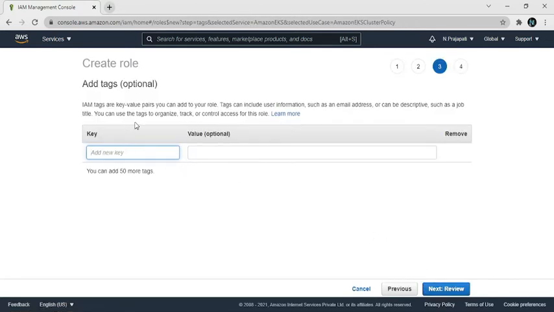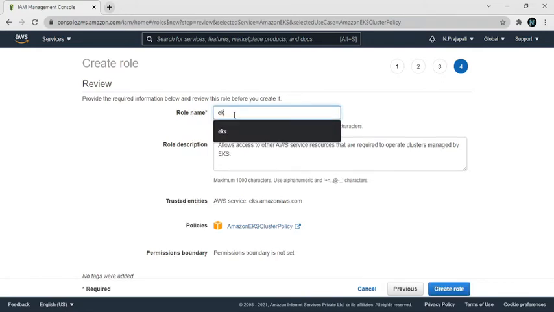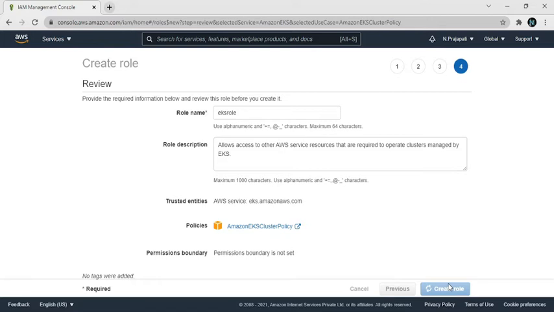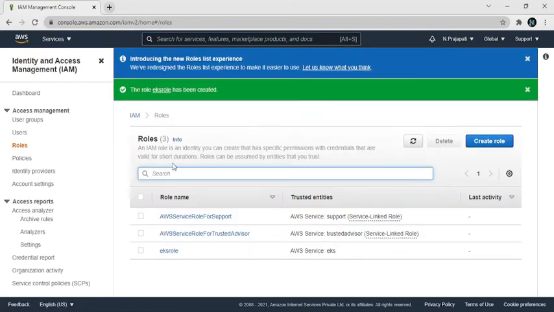Here tags are optional, so we click on next, and here give a name, which is EKS role, and click on create role. It takes some time, and here the EKS role for the cluster is created.